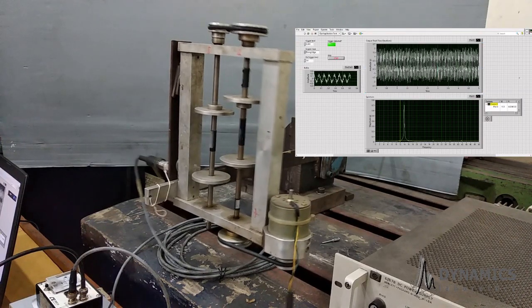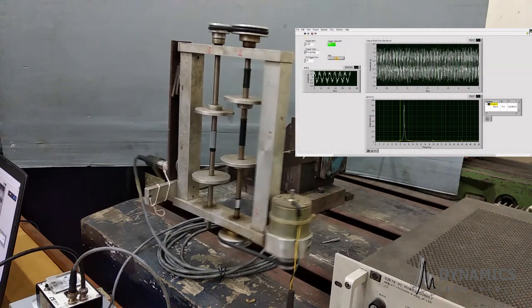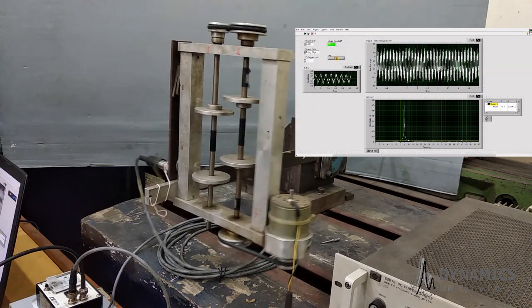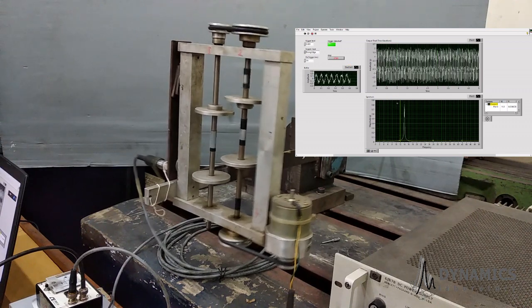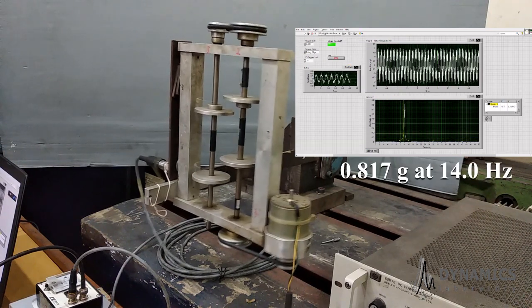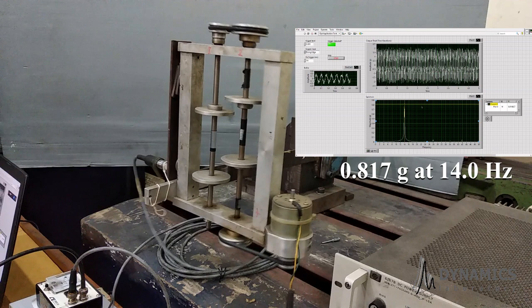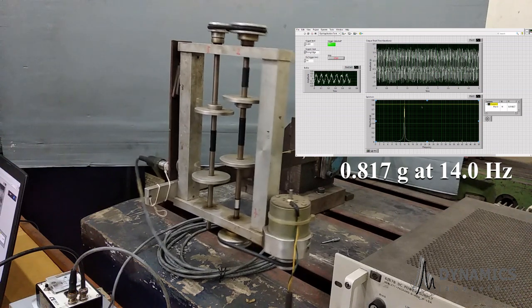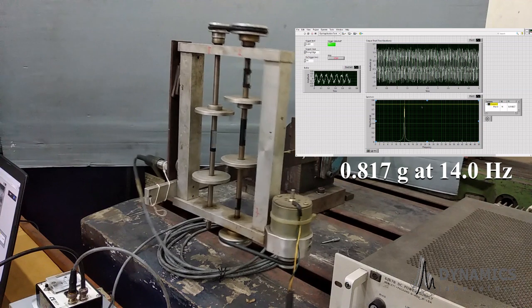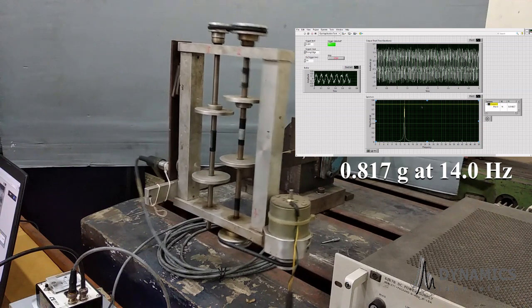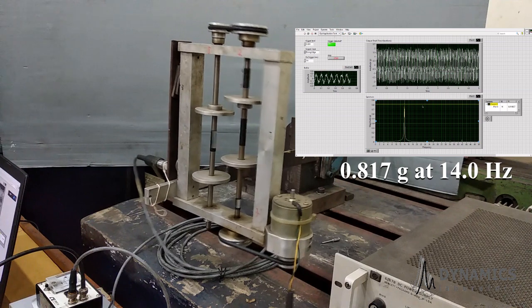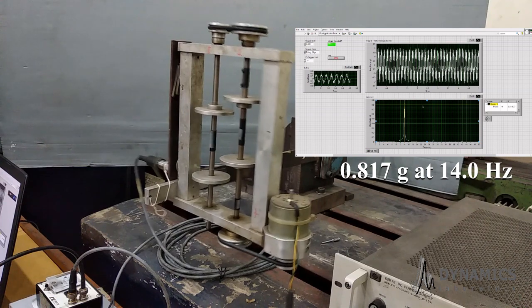For the fifth experiment, we operate the DC motor at 840 RPM. We run the LabVIEW program. And at the lower graph, you see the vibration spectrum. Here, we see the vibration occurs at 14 Hz and the vibration magnitude is about 0.8 G. In the video, you can see clearly the mode shape of our third resonance, which is vibrating in the Z-axis.